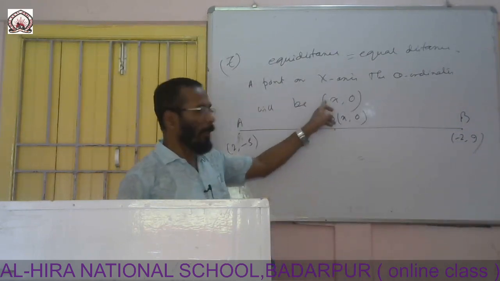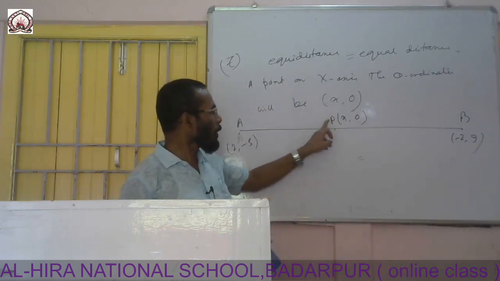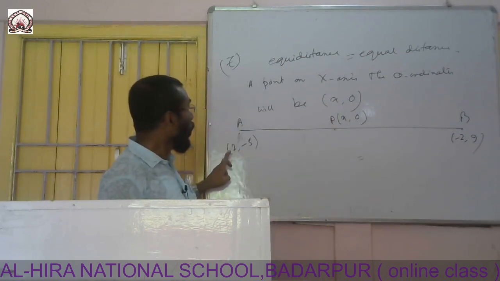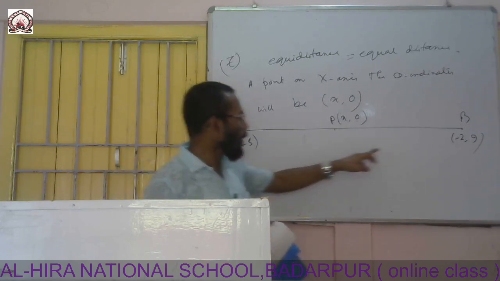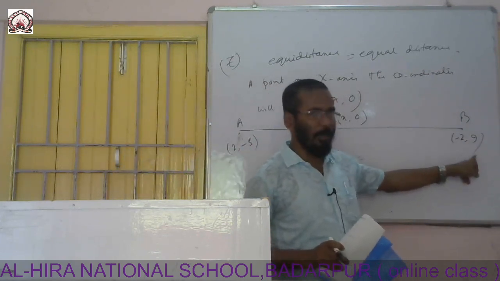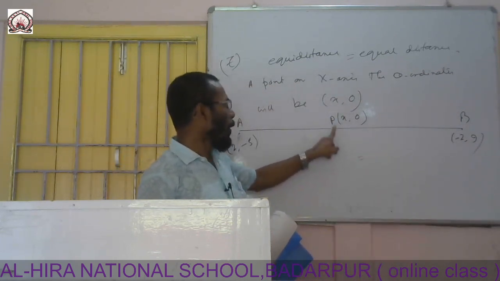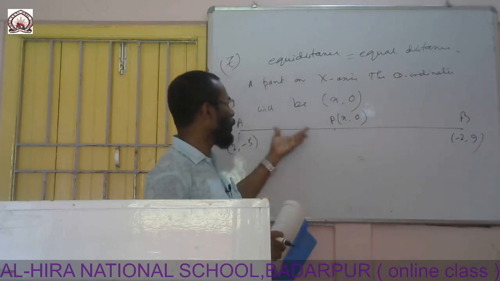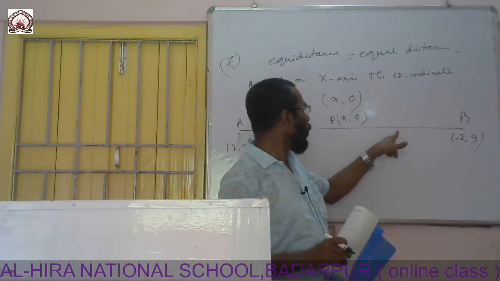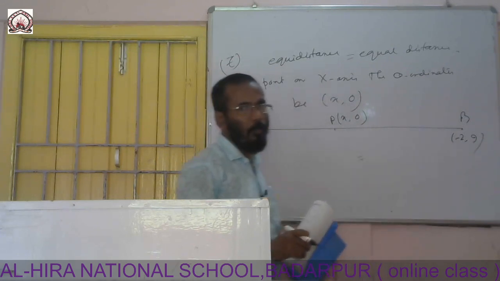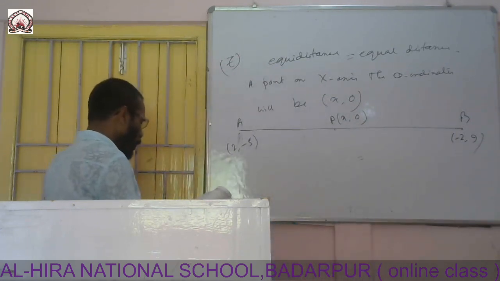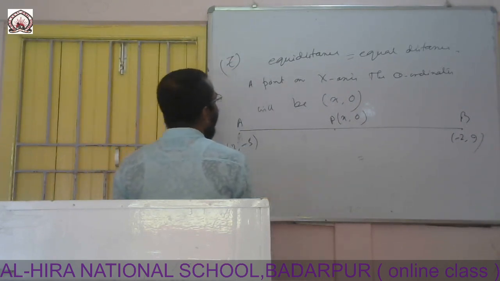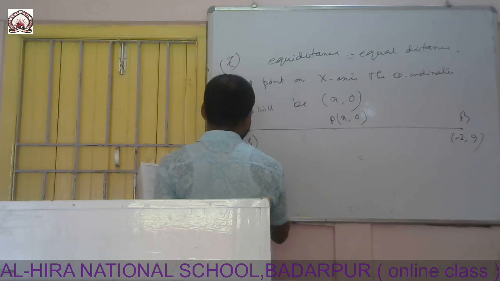So the point on the x-axis is P(x, 0), and A is (2, -5), and here we are denoting B as (-2, 9). So if the point P is equidistant from A and B, then the distance PA will have to equal PB. Clear? Then by using the distance formula we are getting,